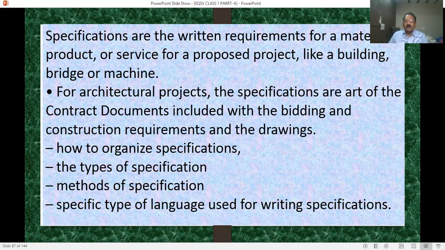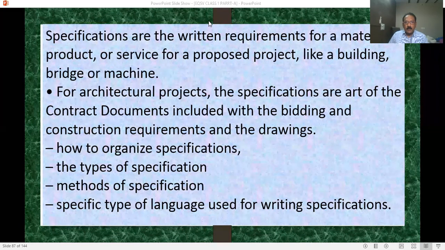Specifically, you will have detailed specifications for any proposed project like a building or bridges, in contract documents.